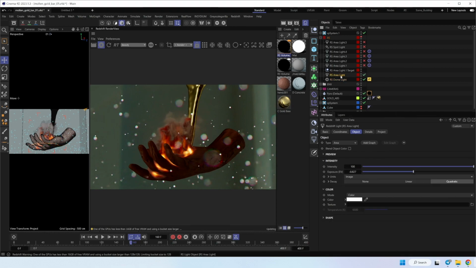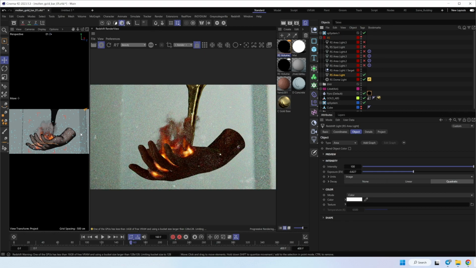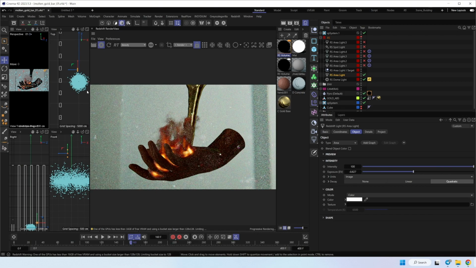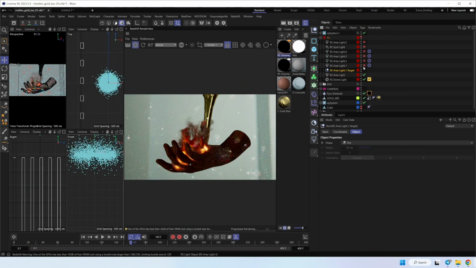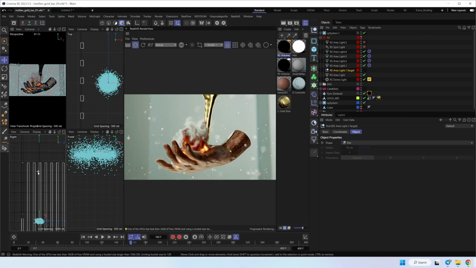Then I place one more area light to light the background. And I used a few area lights to add some light in these areas, like from right, left, from bottom.